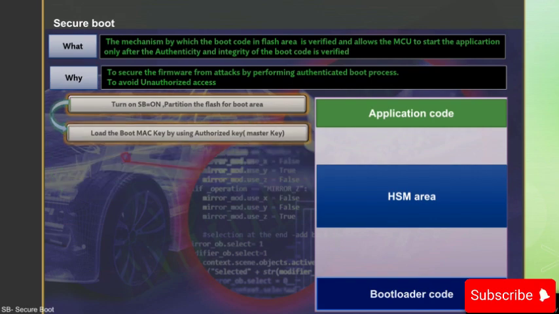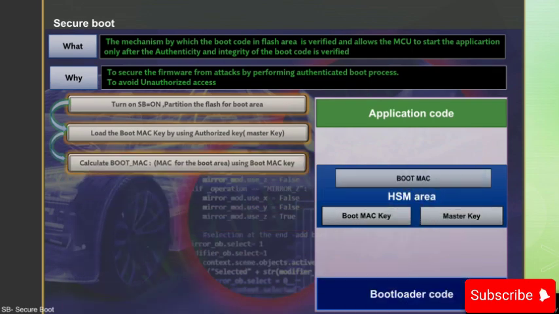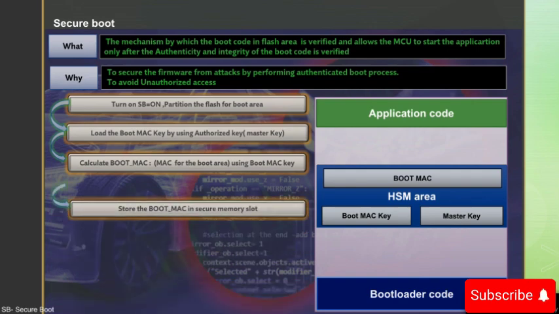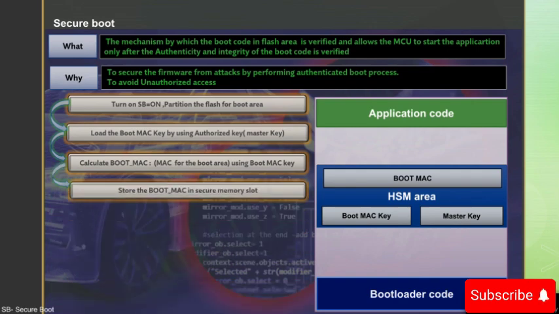Now we'll load the boot MAC key using the authorized master key. The MAC calculated for the bootloader code is called the boot MAC, which is calculated with the help of the boot MAC key. We'll store the boot MAC in the secure memory slot, as you can see.